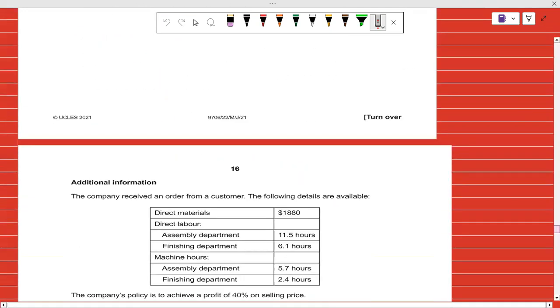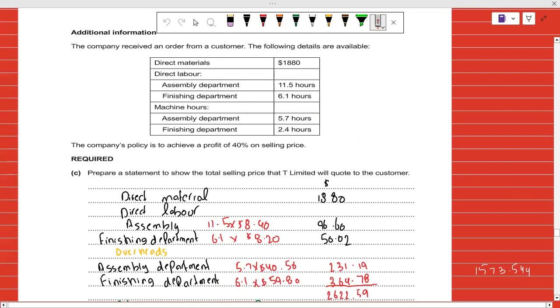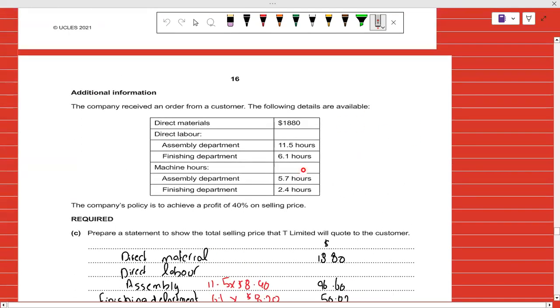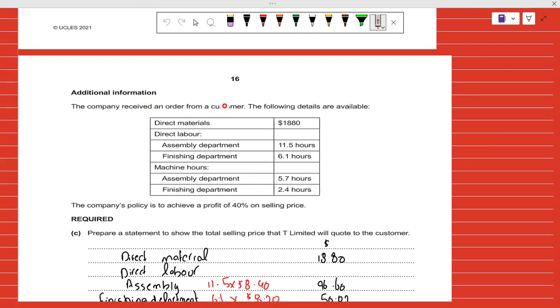Okay, so now there is some additional information again. In the additional information, as you can see, the company received an order from a customer. The following details are available. So we have details about the cost. As you can see, direct material will cost us